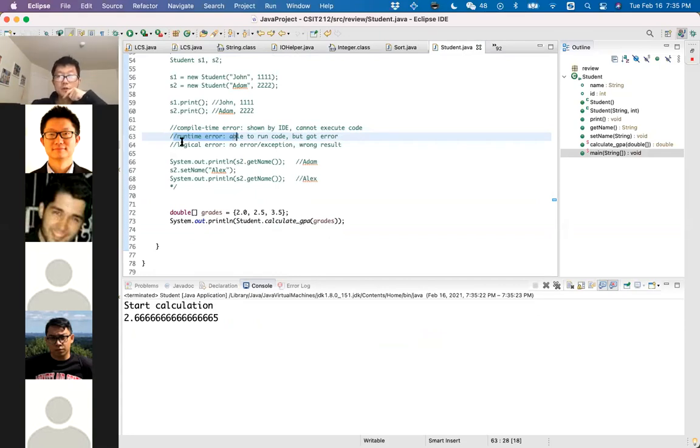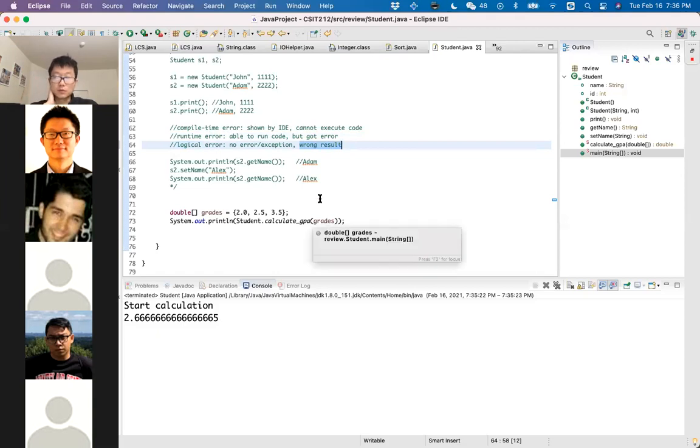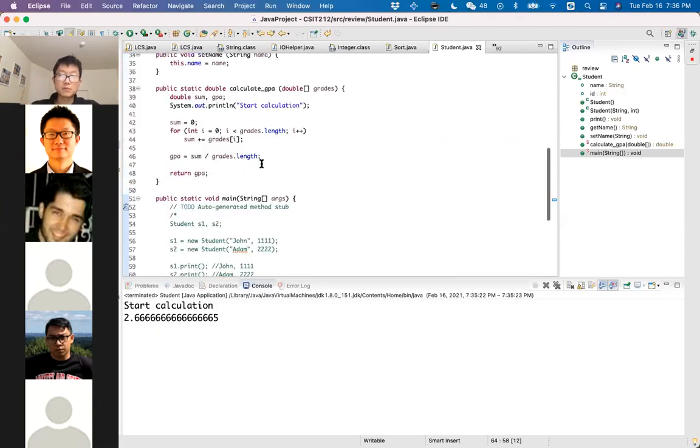And then the last type of error is called logical error. This type of error is the most difficult one for us to debug. So logical error means that you are able to run your code successfully from the beginning to the end, but you don't get the correct output. You don't get the expected result. So the result is wrong. To fix this type of problem, you will need to use the debug